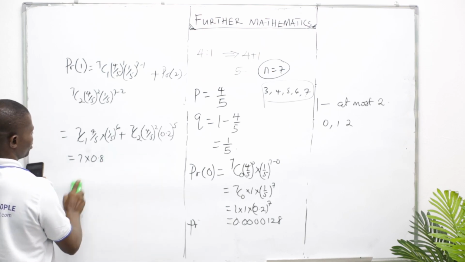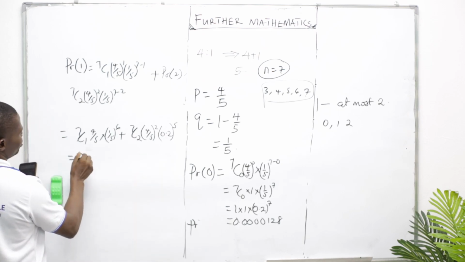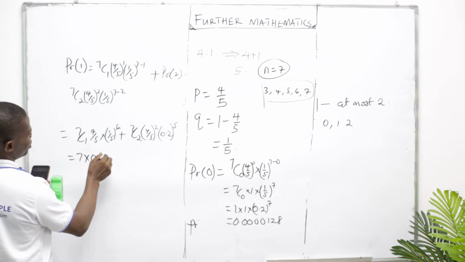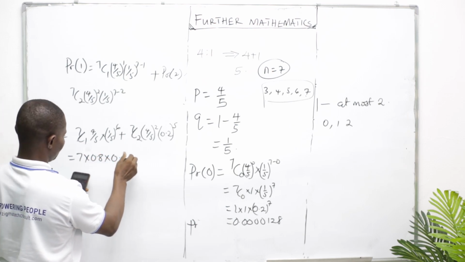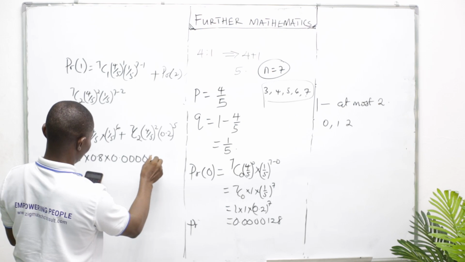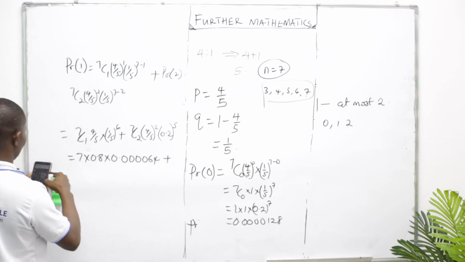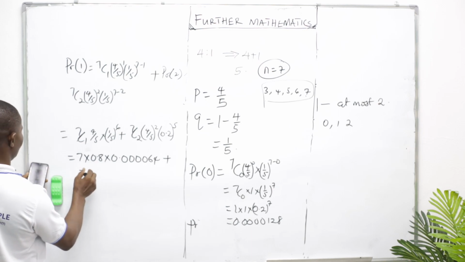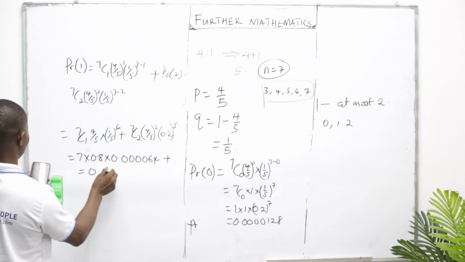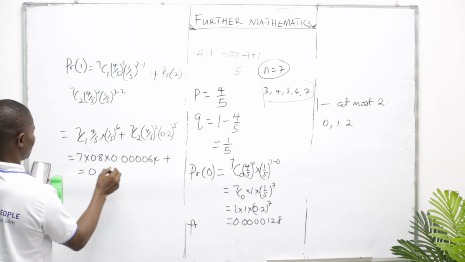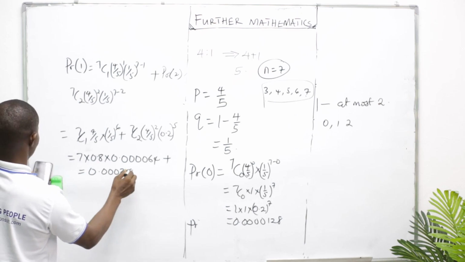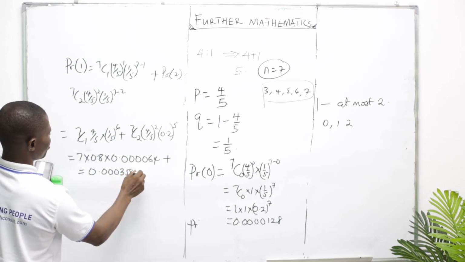Multiply by 7 times 0.8 times 0.000064. So the total for here is 0.0003584, plus